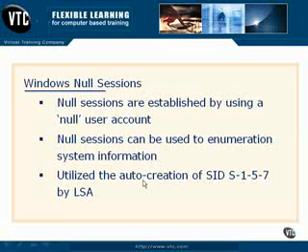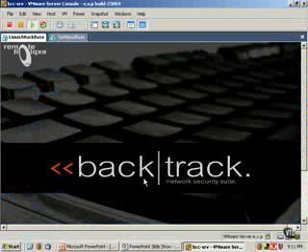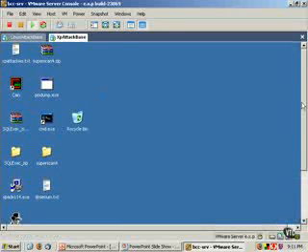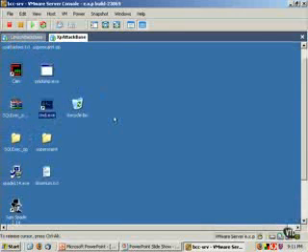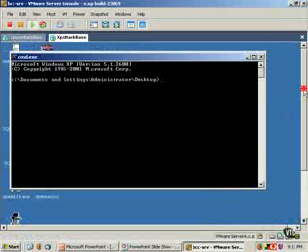So let's take a quick look at a null session in action. We're going to go back to our XP attack-based system. We're going to continue to pick on the Advocate web server because it's been so good to us in the past. And the command is actually pretty simple. We're going to do a standard net use command, what you might see when you're mapping a drive or setting up a printer on LPT1. And we're going to go ahead and specify our target, which is going to be